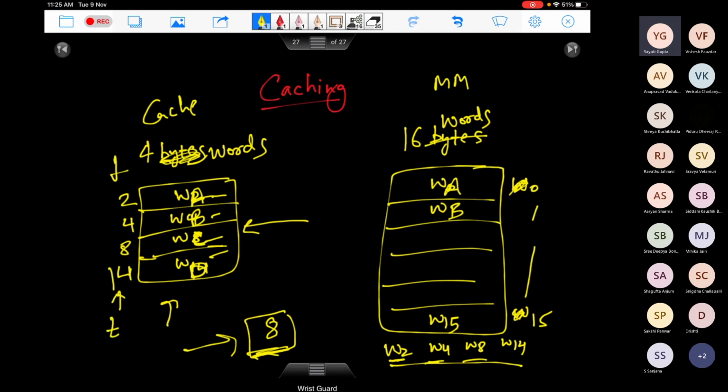We call this a tag. So corresponding to each location in the cache memory, you associate a tag. And now whenever the CPU generates an address, you see 8 here, you search for 8 here. Yes, you have found 8 here. So you have WC, you can access it from here. In case it was not here, you would go to the main memory. How much time will it take? Is it an efficient, effective manner to access the cache?